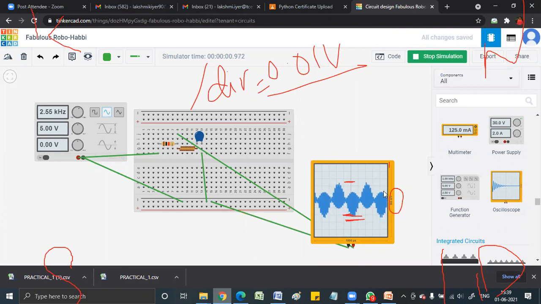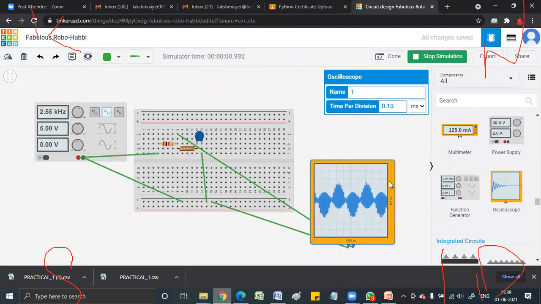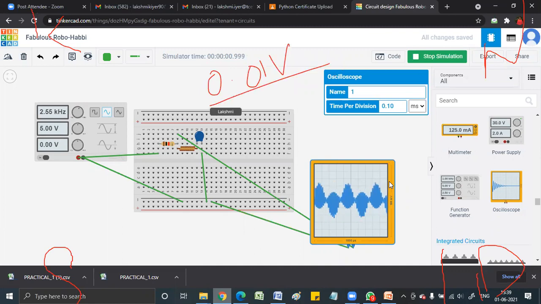Ma'am, what do we take in the time per division? We don't want time per division, no. Your time per division is going to give you a time period of this much only. I need height, I need the peak to peak measurement. One division I got as 0.01 volts, so I have to see how many vertical divisions there are and multiply. If I have 4 divisions, my answer will be 0.04, right? So I want to know how many divisions there are. Can you approximately tell me how many divisions there are, if I just lower it?